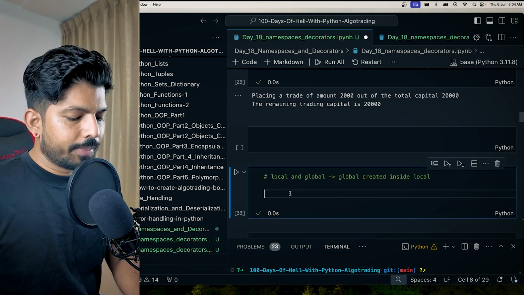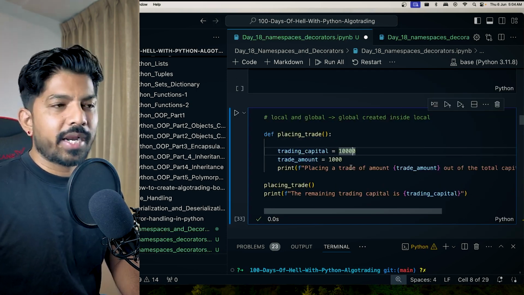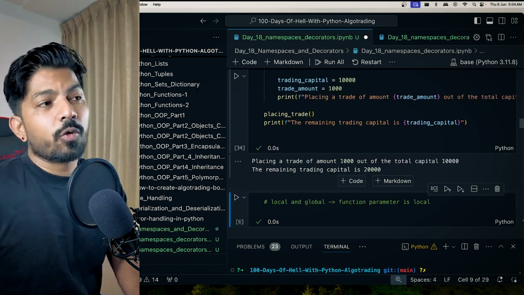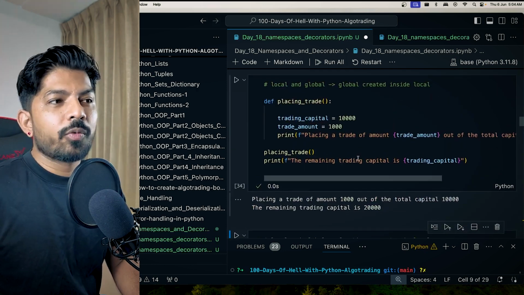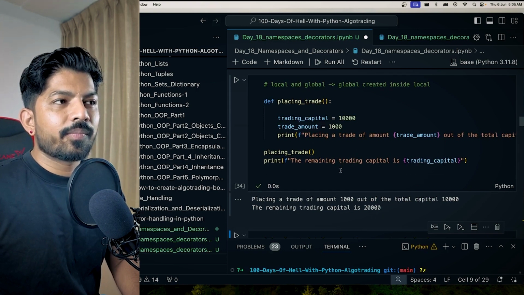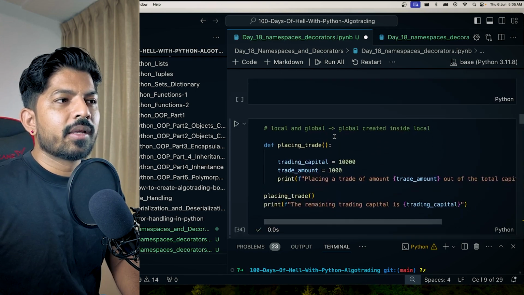What happens here? Let me copy and paste the same program here. Now you can see that we are creating from the inside and accessing from outside, right? If I hit Shift Enter, it is working. Why? Because in this program, we have already declared the variables outside, considering the above examples, right? So that's why it's printing, but technically it doesn't work.